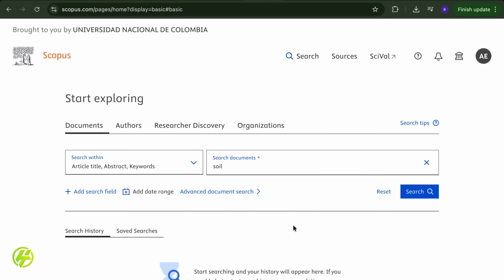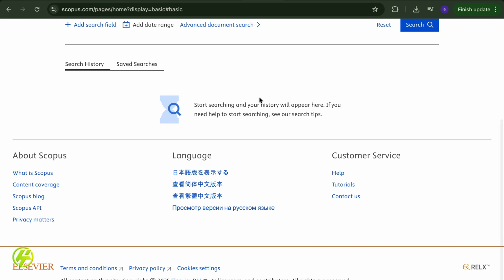You have to wait. And you see that this is purchased and provided to you by Universidad Nacional de Colombia, and that is how we purchase the Scopus access. And this is for the database.